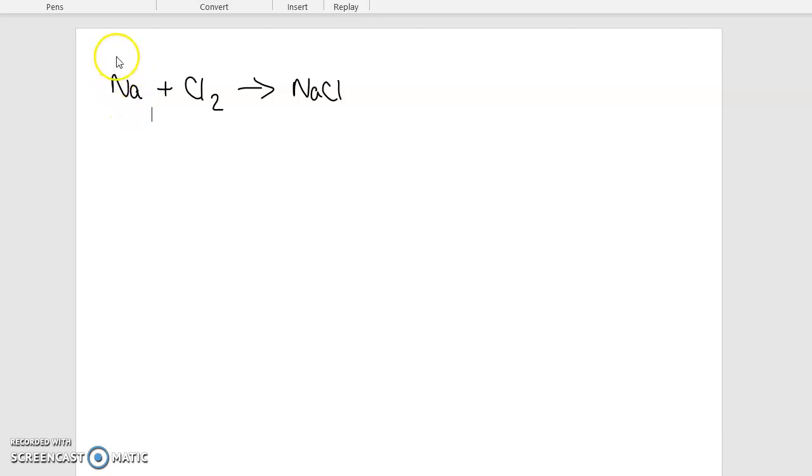sodium and we find it in group 1, so we know it has a +1 charge. We would look up chlorine. We'd find it in group 7, so it's -1. We would crisscross the numbers, which you guys should have a good feel for by now, and we would get NaCl. Okay, now the law of conservation of mass tells us that everything that we put into a